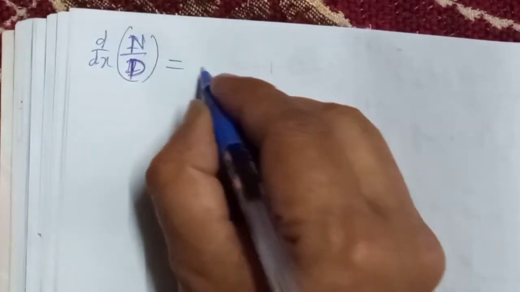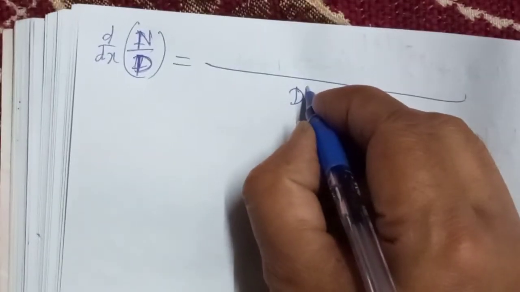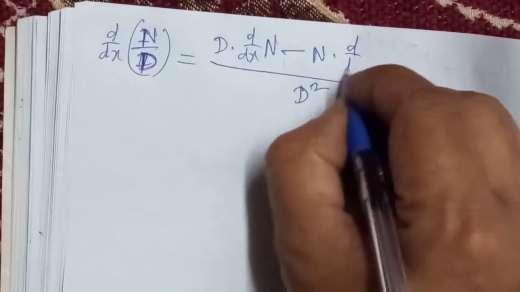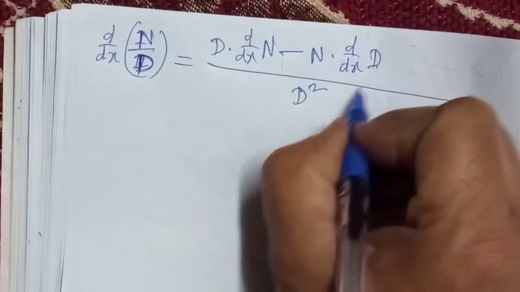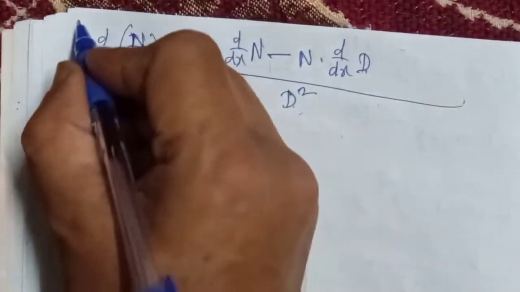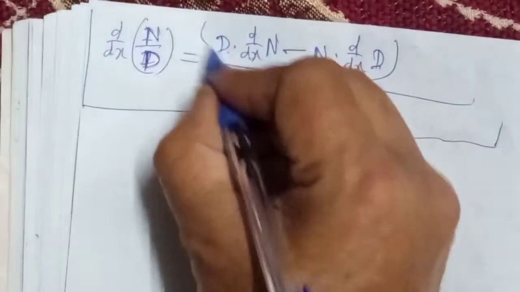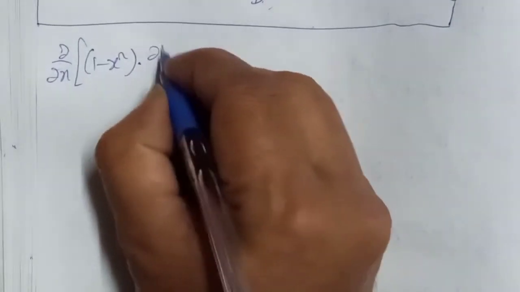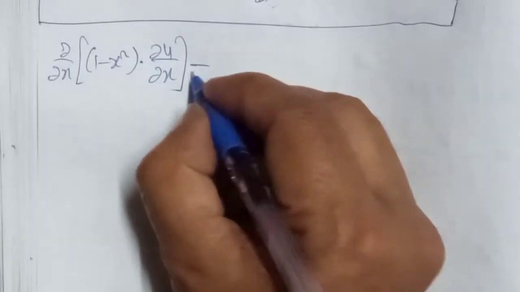The differentiation of numerator by denominator is equal to denominator times the differentiation of numerator, minus numerator times the differentiation of denominator, whole upon the square of the denominator. First differentiate the numerator and then the denominator. So apply this formula. We get del over del x of 1 minus x square into del u over del x is equal to y into